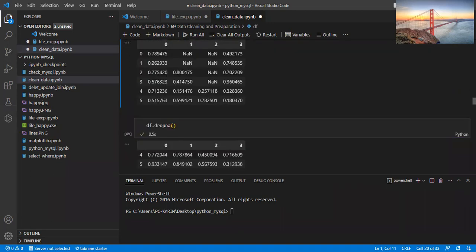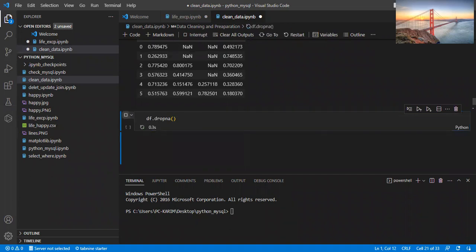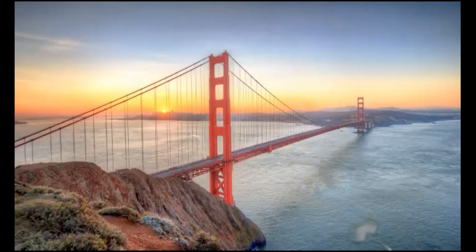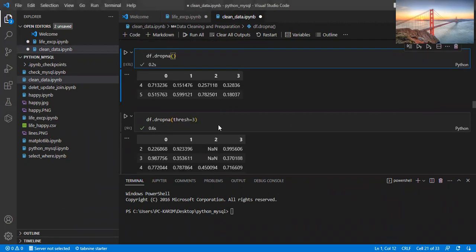Well, if I apply the dropna function again, this is the result. The result obtained here is the last two records, 4 and 5, because we don't have any non-value there. All the other records are dropped because they have at least one non-value. Well, we also have another attribute called